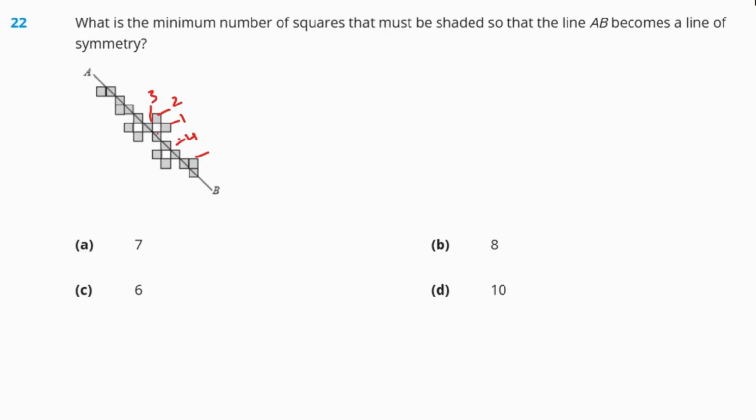So what we have to do here is check how many lines. On both sides, we should have the same. Then AB will become the line of symmetry. So here